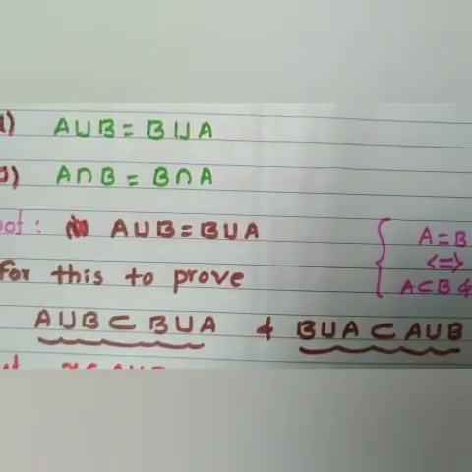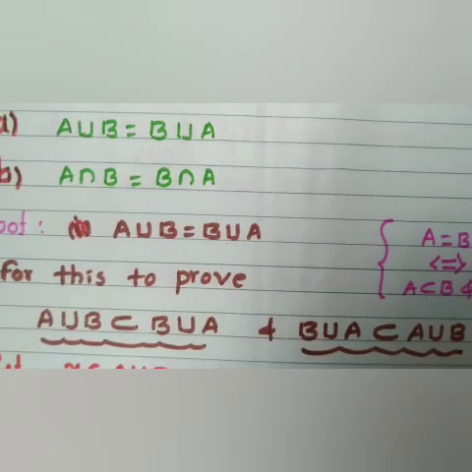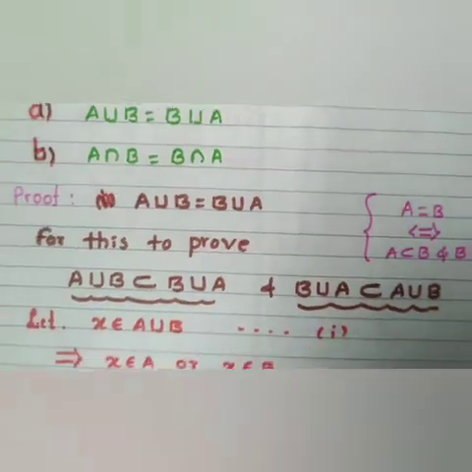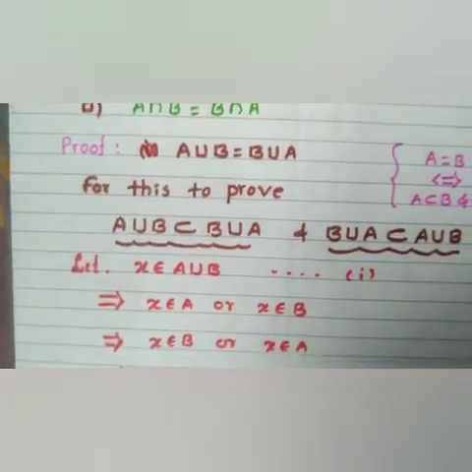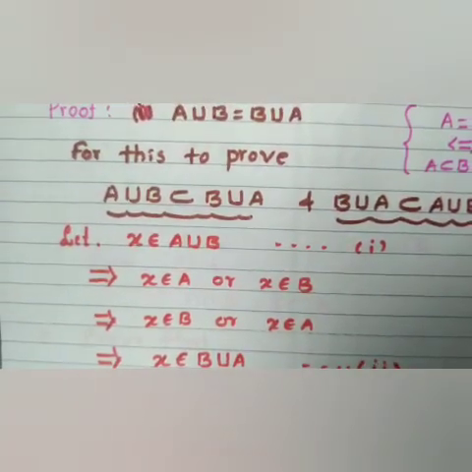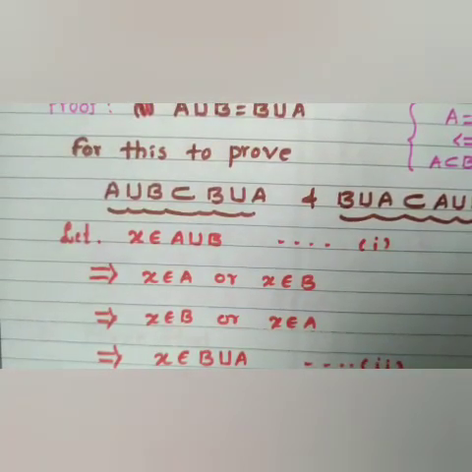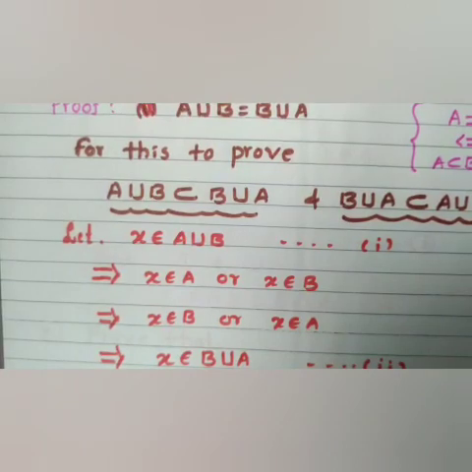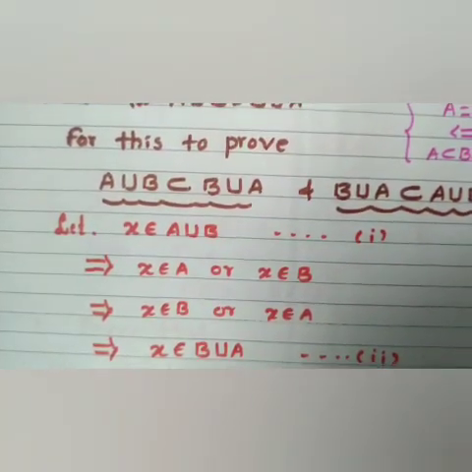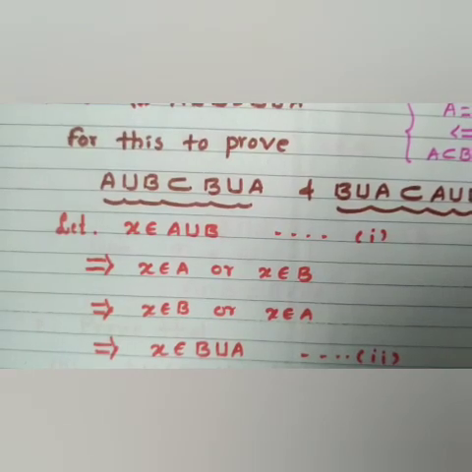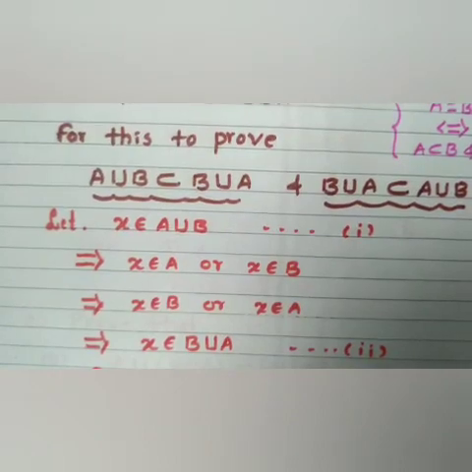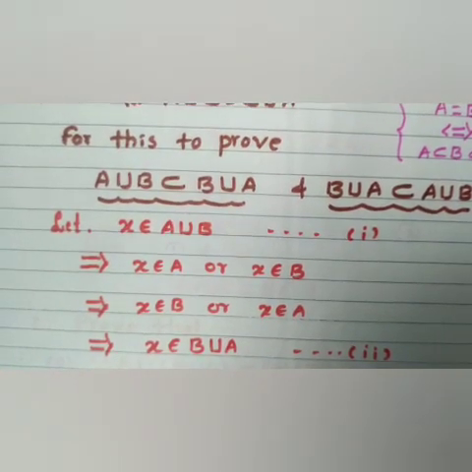That is, for this, to prove A union B is a subset of B union A and B union A is a subset of A union B. First, to consider the proof of A union B is a subset of B union A. For this, take an element X belongs to A union B. As per the definition, what do you mean by X belongs to A union B? X belongs to A union B means X is an element of A, union means OR, or X is an